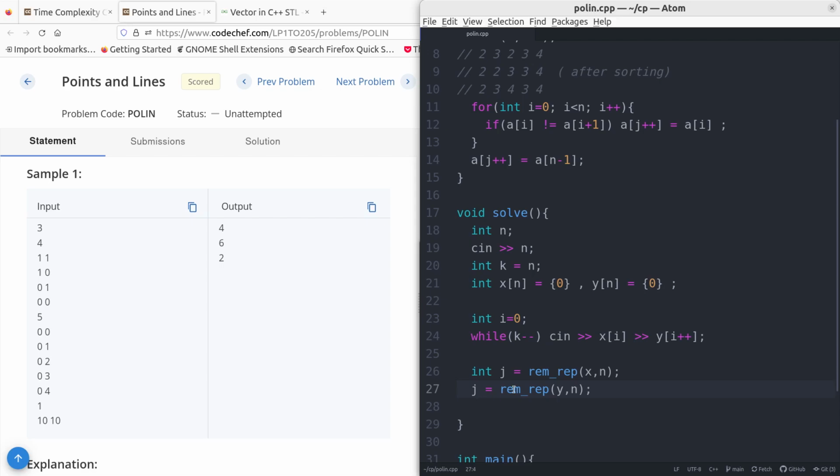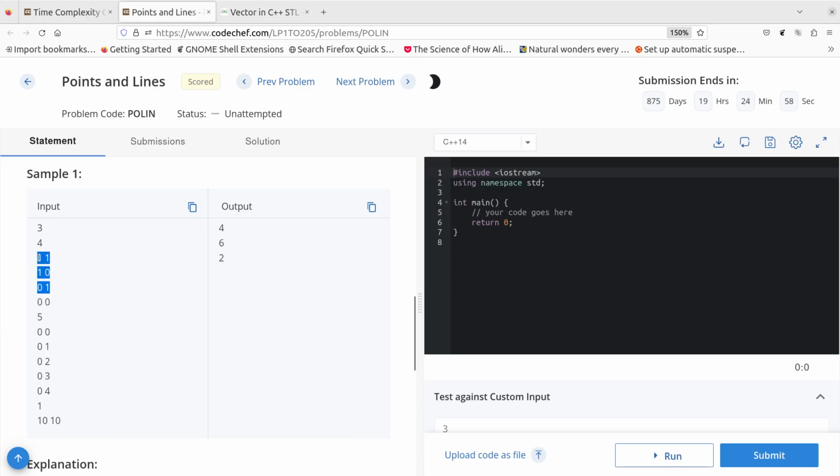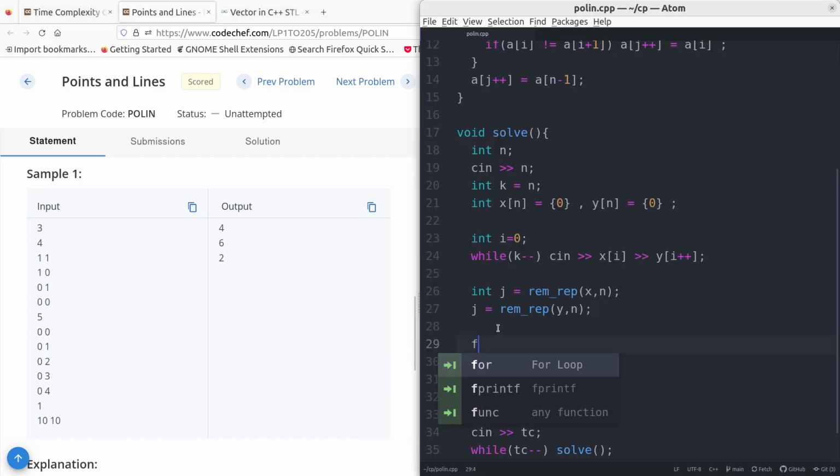I can say j equal to, not int, because here everything is paired, so if there are 4 y's there will be 4 x's also. Now at the end, for int, we need to count the number of elements, right? j gives the number of elements already, so cout 2 into j, because for x's and y's,